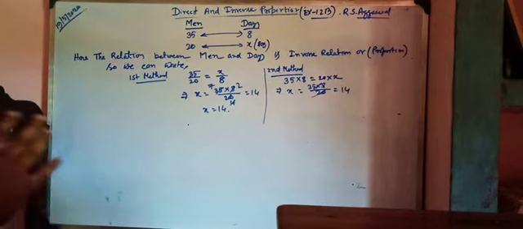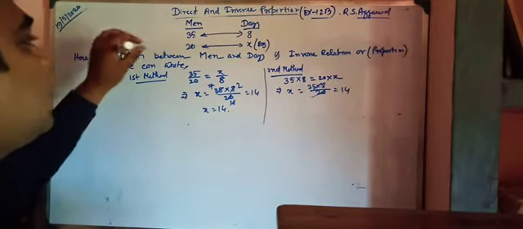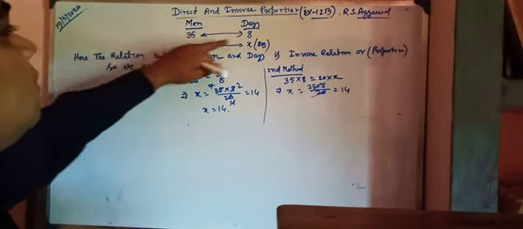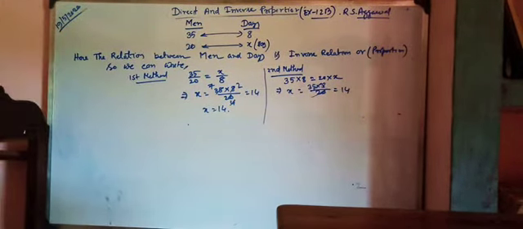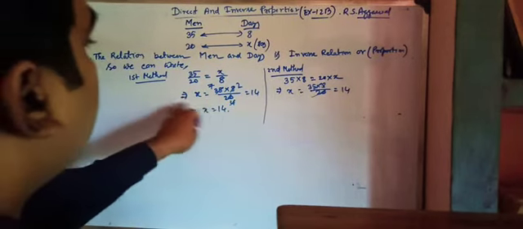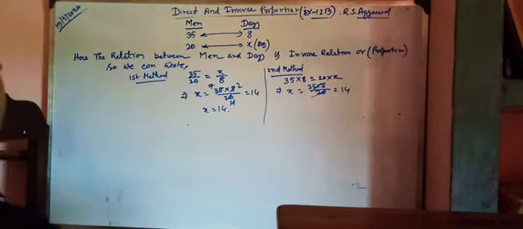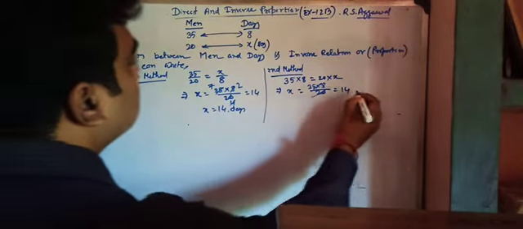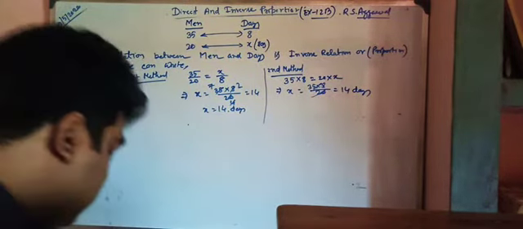Actually this process is given in the West Bengal board books. And the second method for direct relation should be this multiplied with this equal to this multiplied with this. That was for direct relation. You can check my video on direct relation; I have given you the link. Whatever process you want to follow, you just follow that. Okay. So x is 14 days. So that is my required answer, 14 days. Next, come to another question.